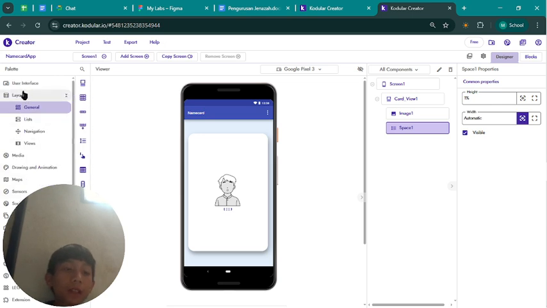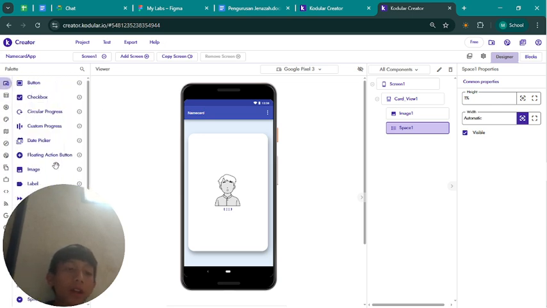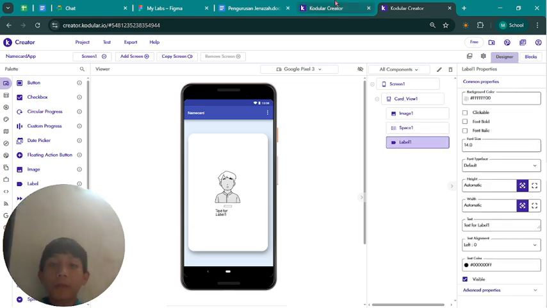After the space, we go to UI again and input a label under the space.